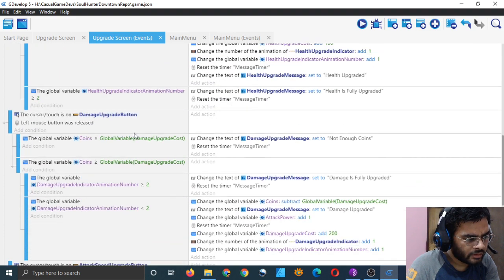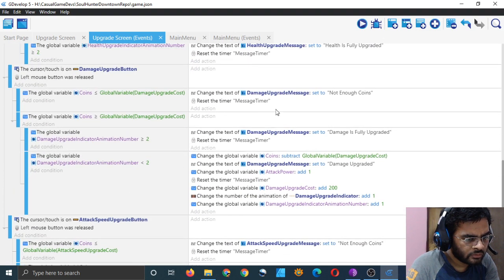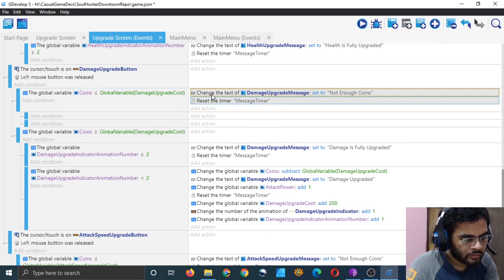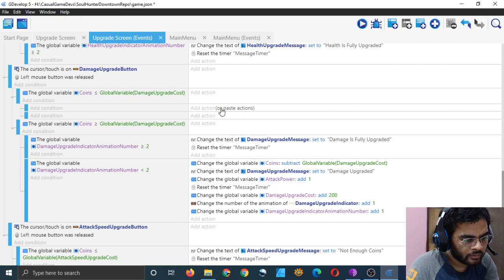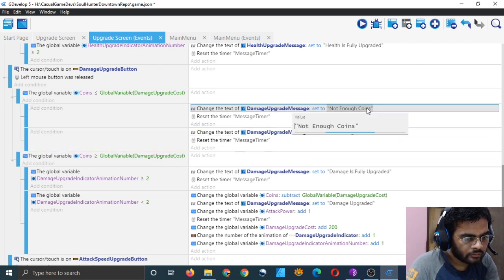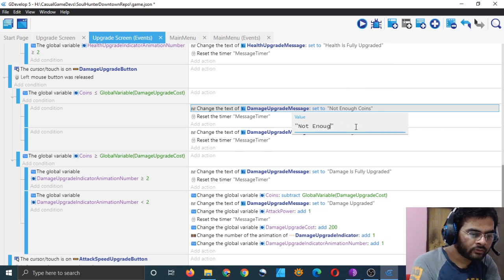Do the same thing in the damage section also. Not enough coins here. Don't delete these. Just click on here and add two sub events, and just cut this and paste it here once and here once, and here we will type damage is fully upgraded.